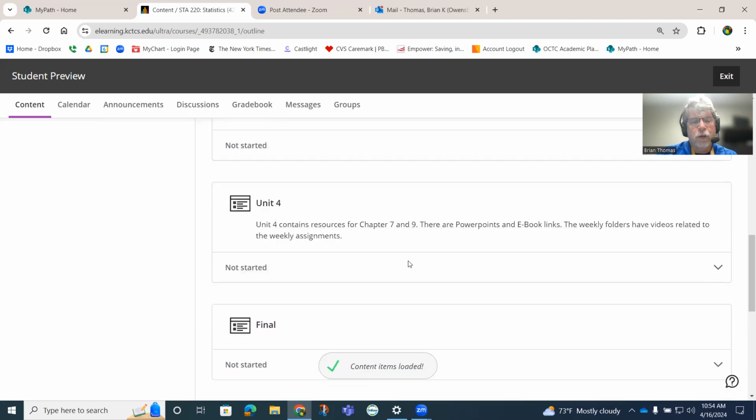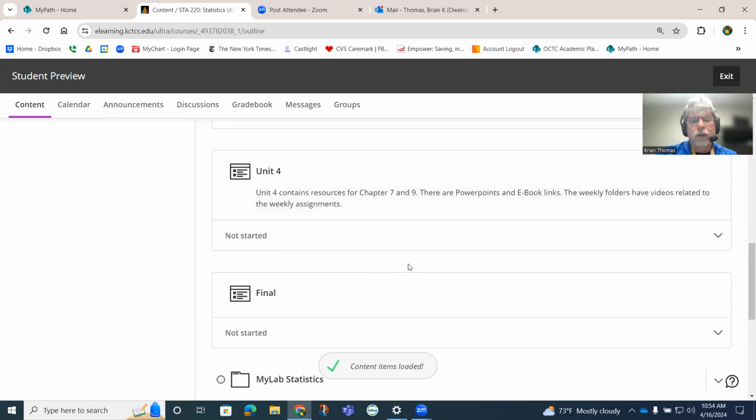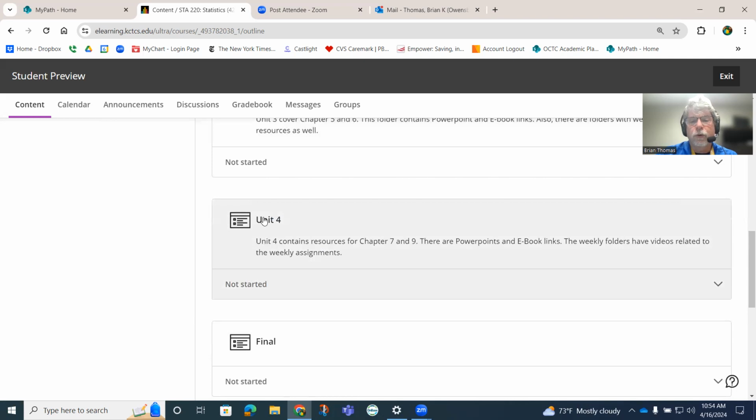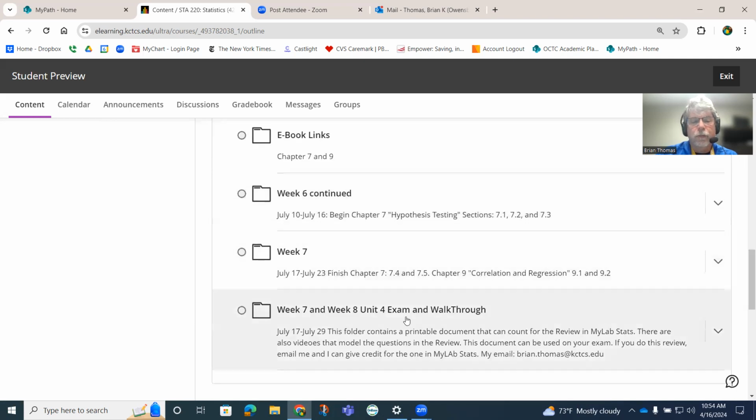I don't think the rest of that stuff will apply to you, but take note that there is a pacing schedule that you'll see when you open up Unit 4. You'll see that the last week of classes, July 29th, is when the course ends. It starts around June 5th and will end on July 29th. So just keep that in mind. You should be able to access the LCTC calendar as well if you need a calendar and want to print it out.